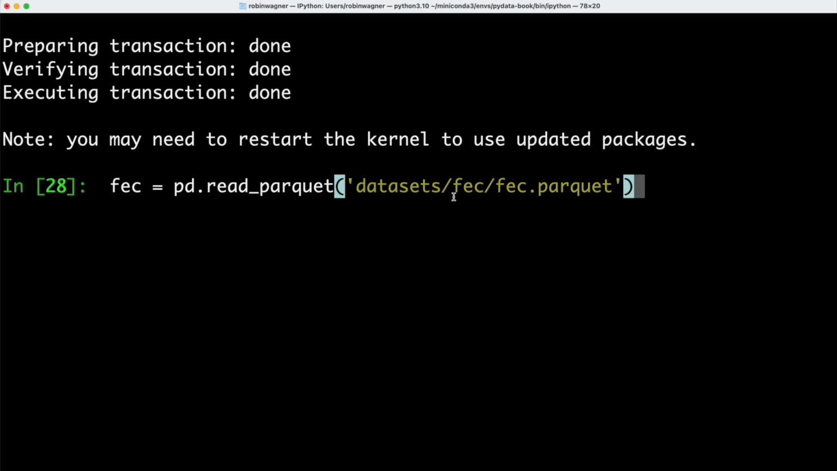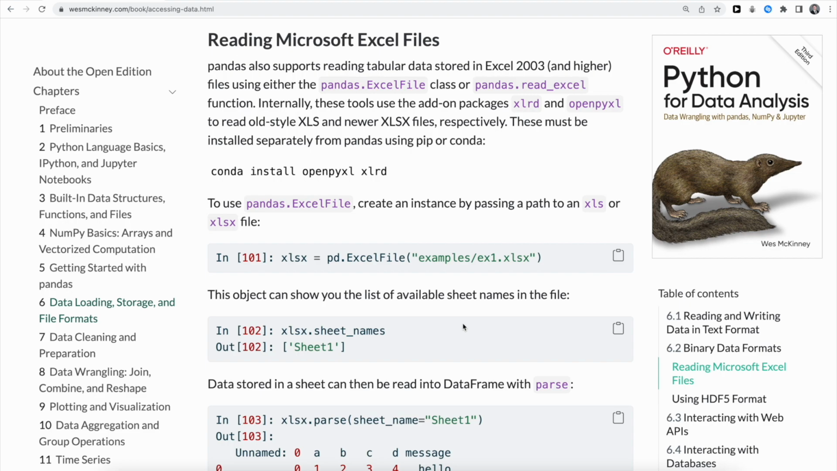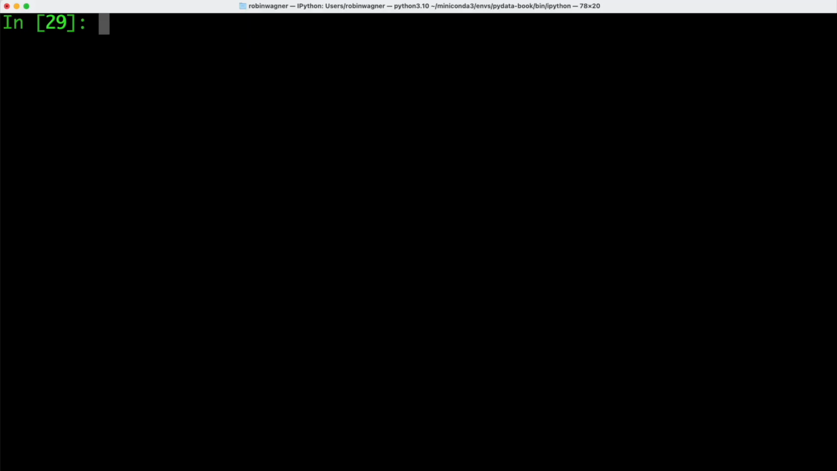So here we have inside of our dataset folder, inside the FAQ folder, a Parquet file, and we can now read out the data basically by having installed the PyArrow package. We can also read Microsoft Excel files, and to do that we again need to install some packages. So we're going to use Conda to install OpenPyXL and XLRD. And once installation is complete, we can read Excel files by using the ExcelFile method, which is part of